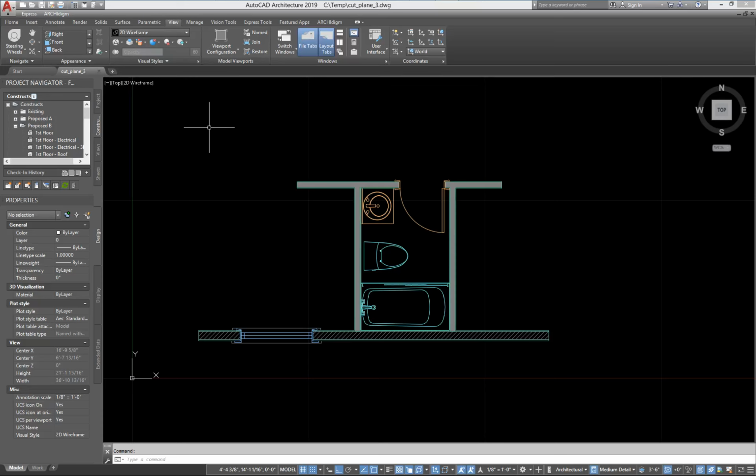Let's take a look at cut planes for slabs and roof slabs in AutoCAD Architecture. Now this is part 3 of a 3-part series on cut planes. I'm obviously not covering cut planes for every object, but I may get into cut planes of other objects in